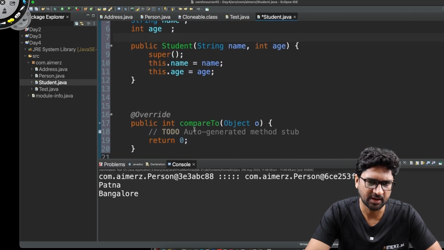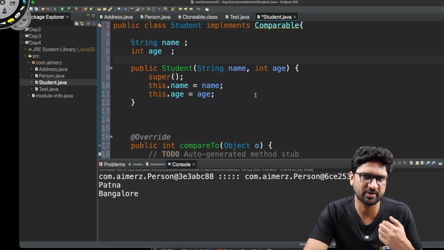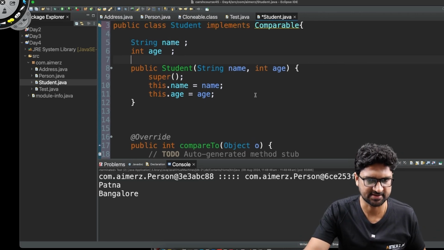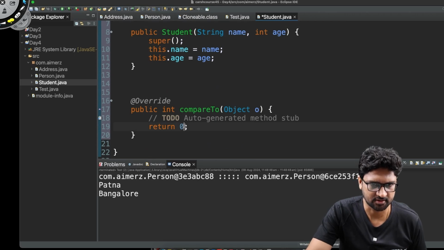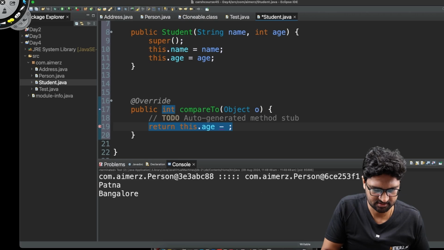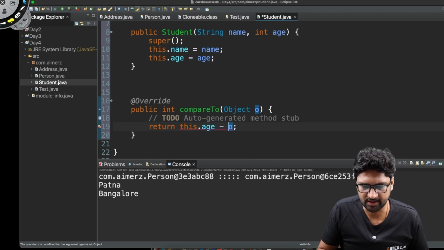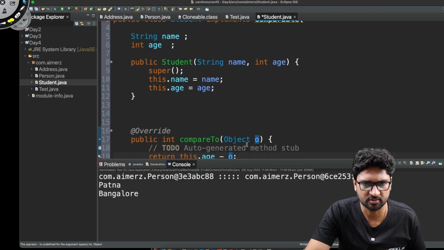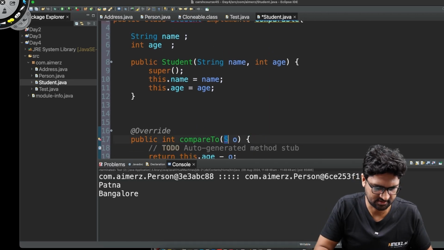Fair enough. Now what I need to do is write the logic for how the two objects should be compared. Let's say that I want to do the comparison based on the age itself. So I say return this.age minus o dot age, and I'll have to cast it. Since it takes an object, let me compare and pass the student